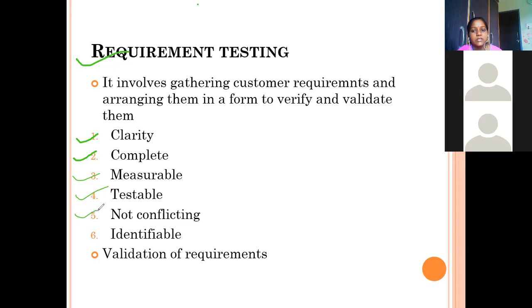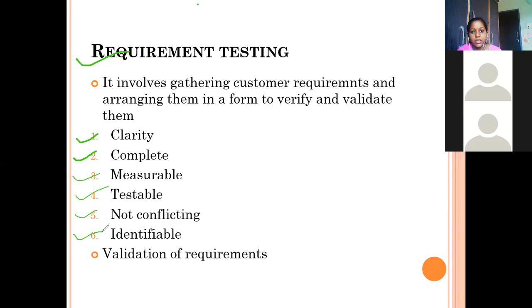Non-conflicting means these requirements must not conflict with each other. There is a possibility of trade-offs between the quality factors, which need to be agreed by the customer. If you have some conflicting requirements, it indicates possible problems in the requirement collection process. The next is it should be